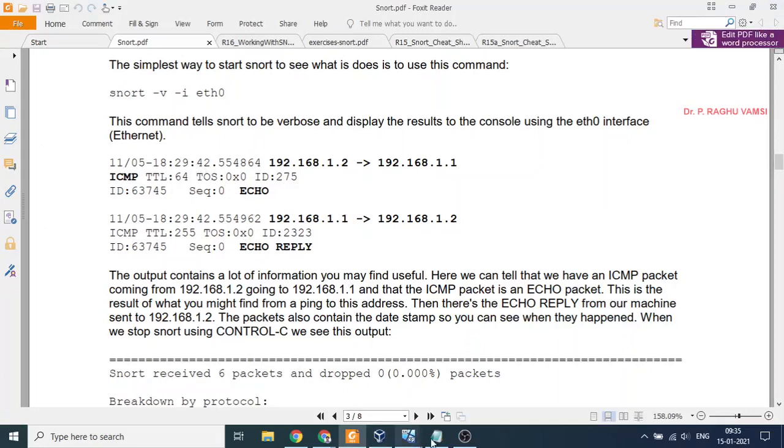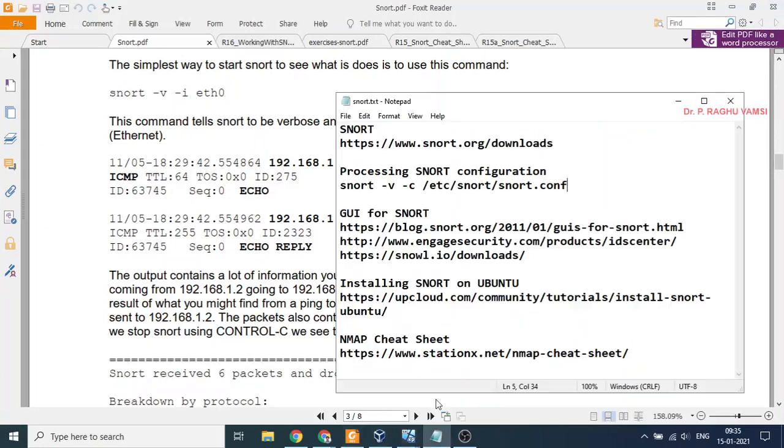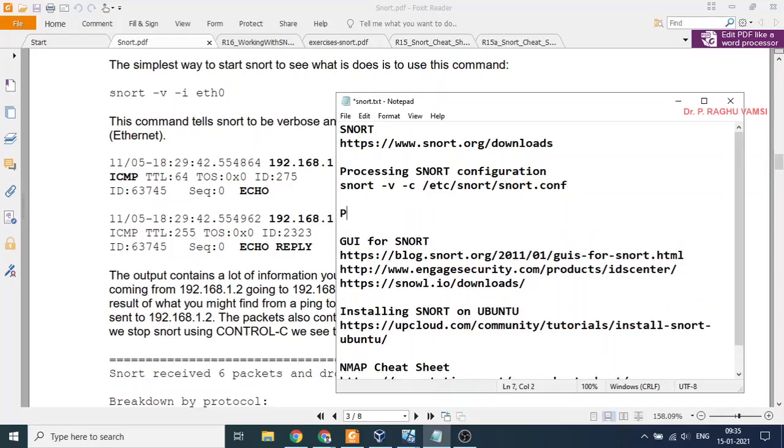That means what you are supposed to do is preprocessing and sniffing over the Ethernet.